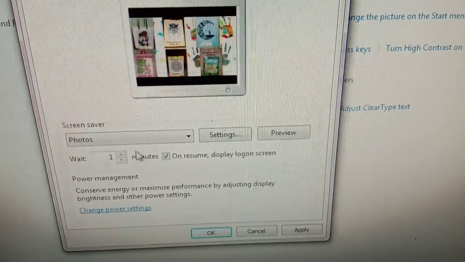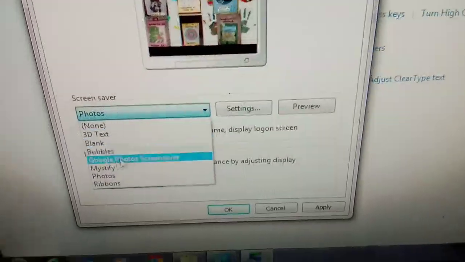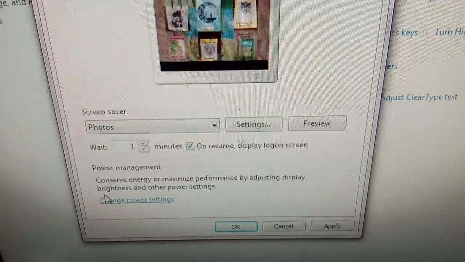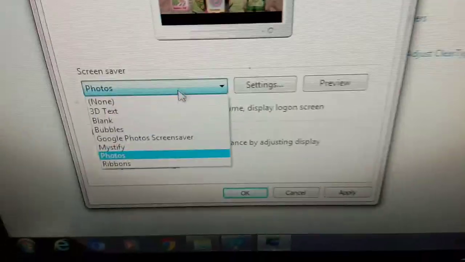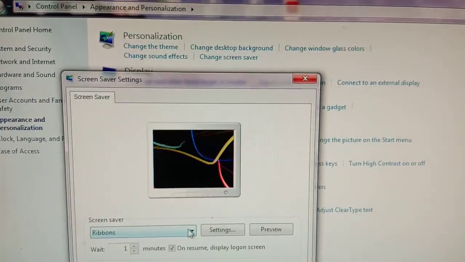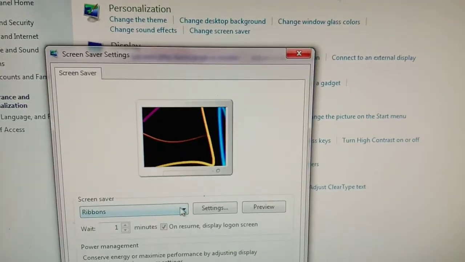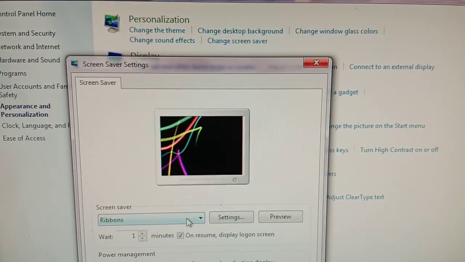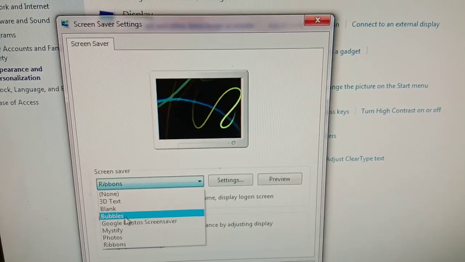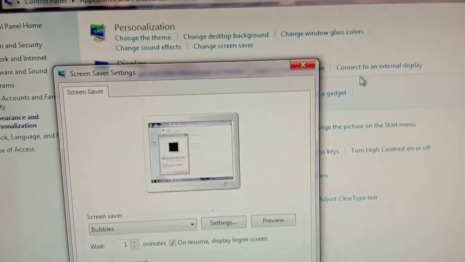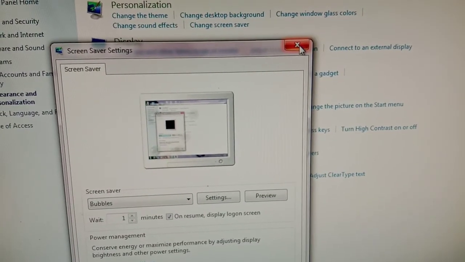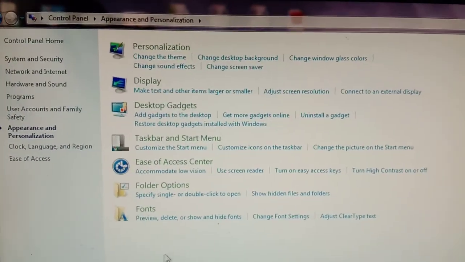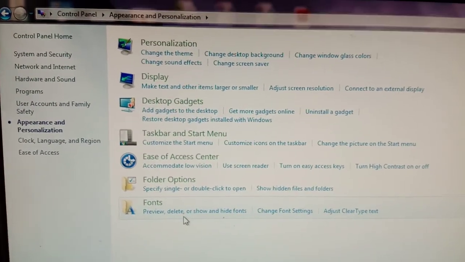Okay, so ribbons, let me show you the ribbons. It will show you the ribbons in your screensaver. Okay, so we have the bubbles. That one is very good and I liked it. Okay, so bubbles are good. So this is what we have done.